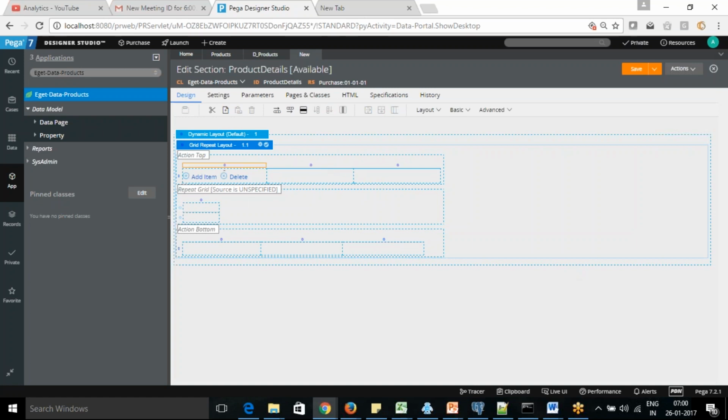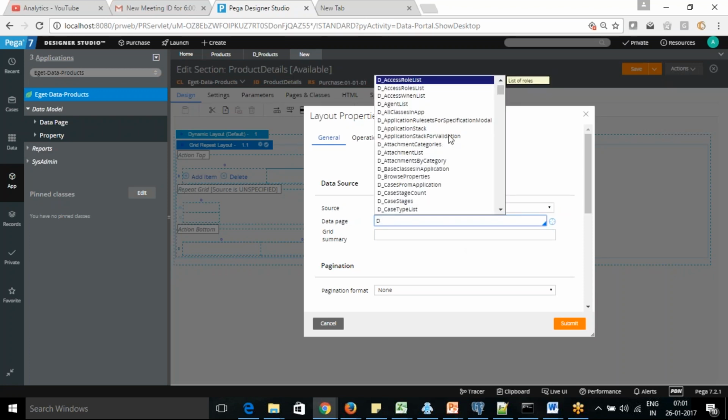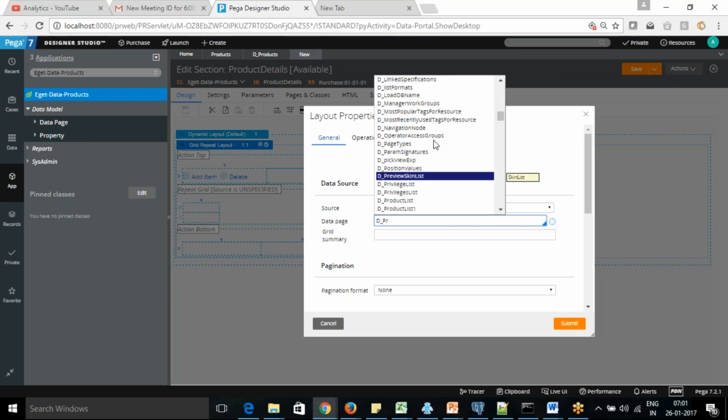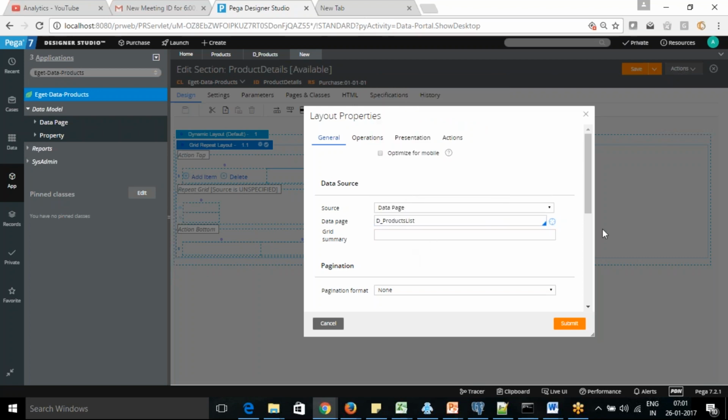Okay, so you can see the complete grid has come in. For the source, you can go with the data page. Here you can see the data page name will come, D underscore product list. Yeah, we have this products list.